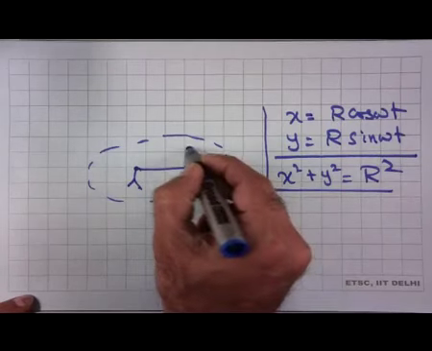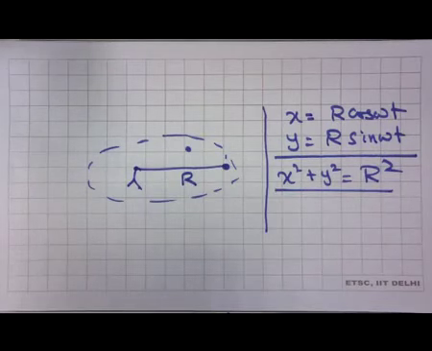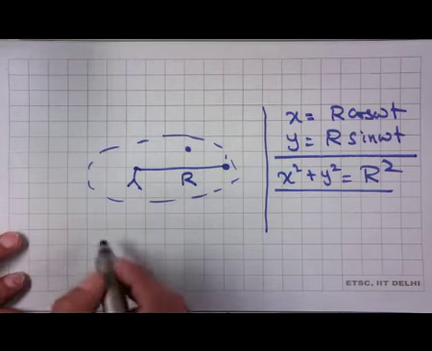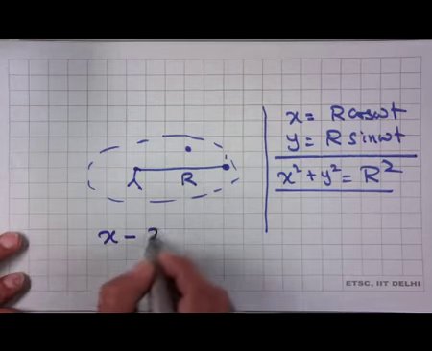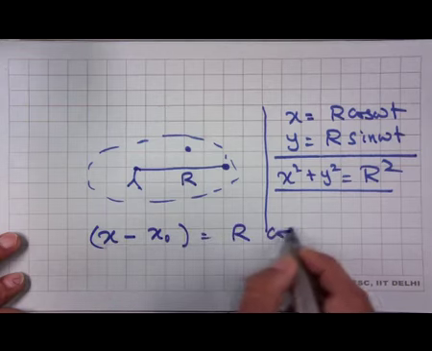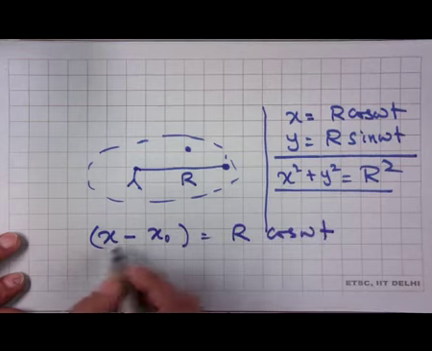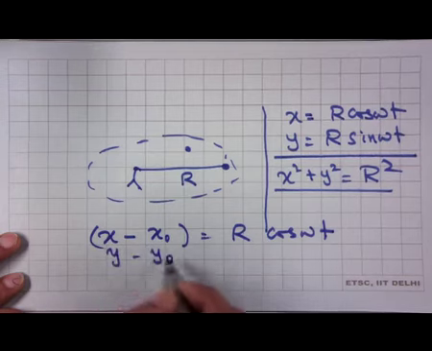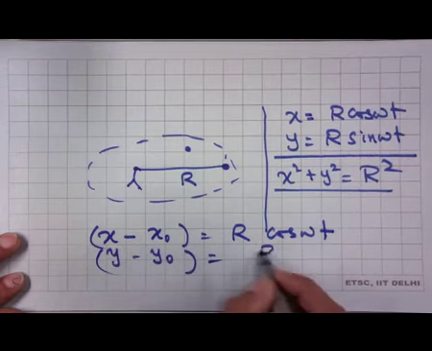Now what happens? This equation can become a little bit more complicated simply because I did not choose a simple coordinate system. I did not choose this center, but I will choose this center as the origin. Now what will happen is I will write x minus x naught equal to r cos omega t, because I have simply shifted my origin. Y minus y naught equal to r sin omega t.